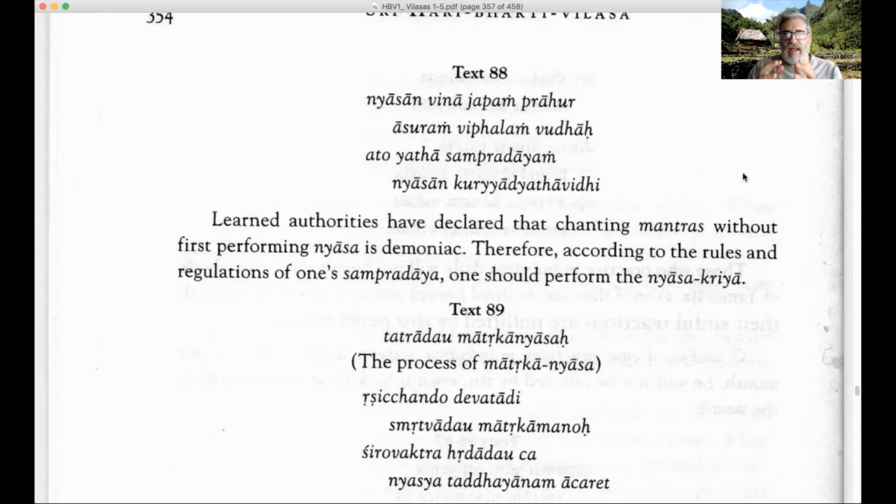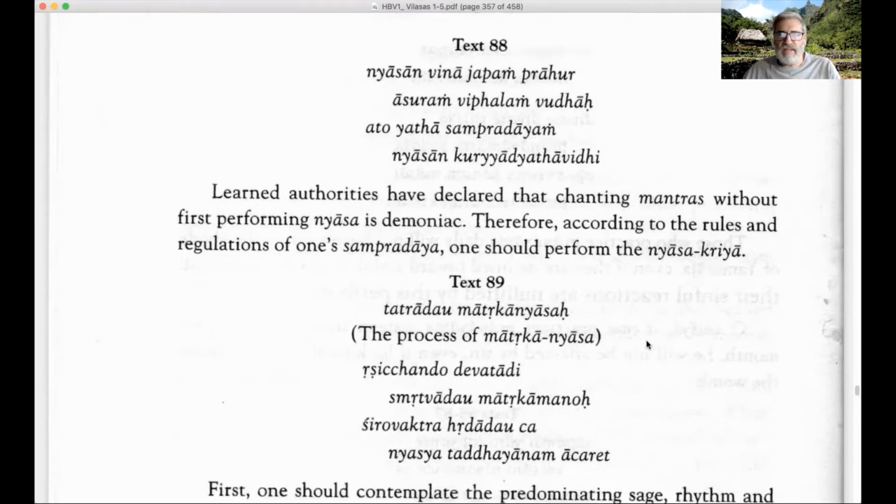So it's a pretty strong pramana to say that you should know these things. Knowing these things has become a matter of declaring them openly, and you have to do the nyasa involved in saying those things, which is the mantra nyasa before the mantra. Here it's also mentioned that you should know it, otherwise you won't get the fruit of the mantra, and it's considered to be demonic. But it also says you should do it according to your sampradaya. Okay, so let's continue on.